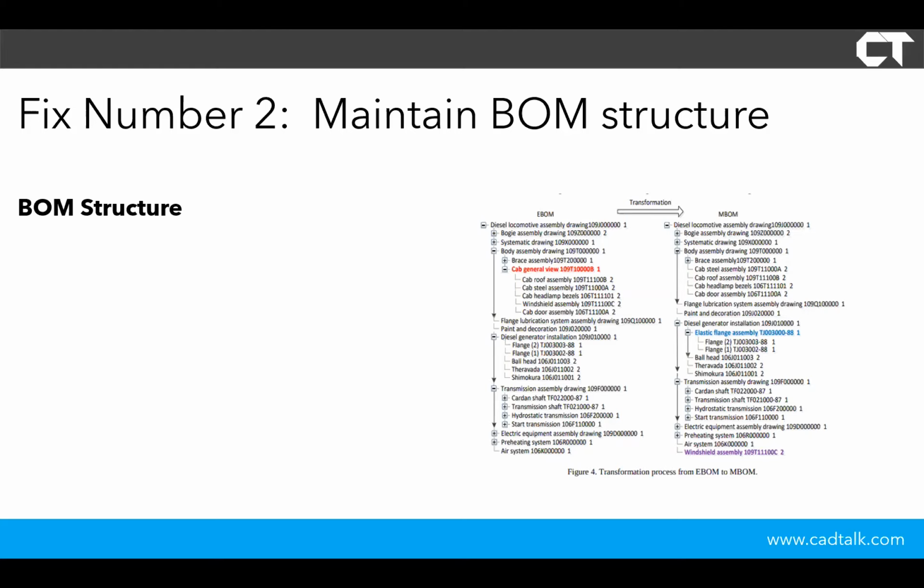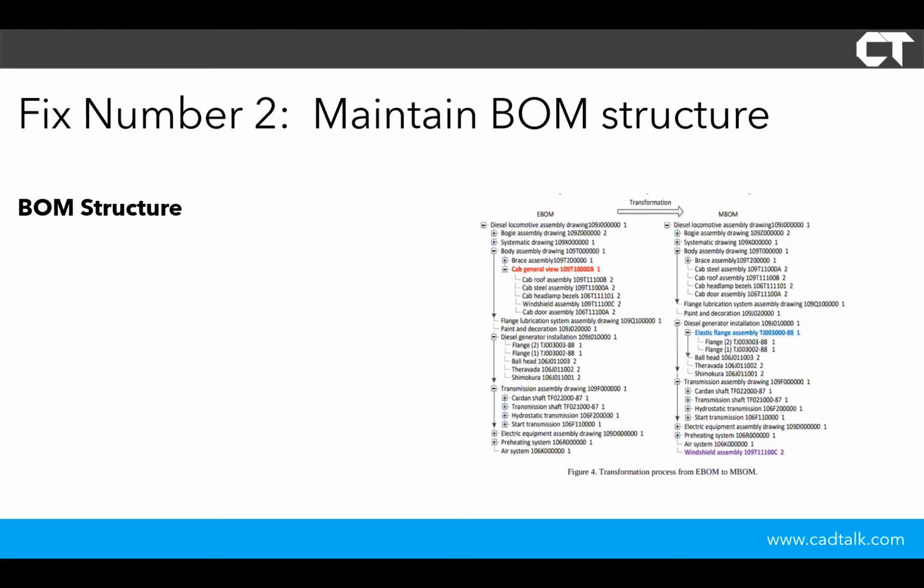It may not have an indented bill on the drawing itself, may not spell it out, but those drawings do represent multiple sub-assemblies and structures. And so when you modify the bill of material in the ERP and you flatten it out or modify it so much, it no longer reflects the design at all